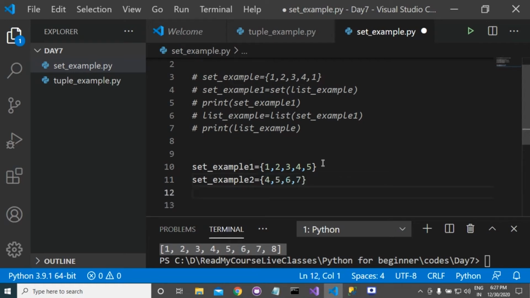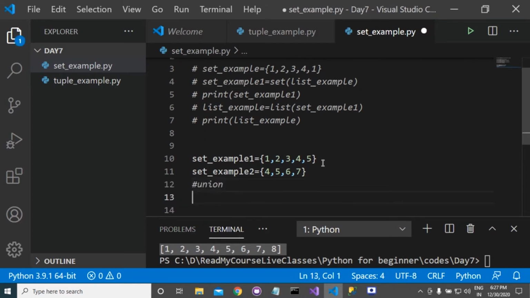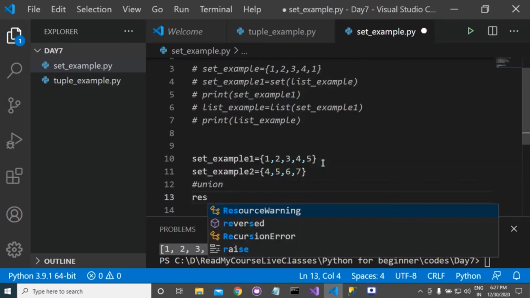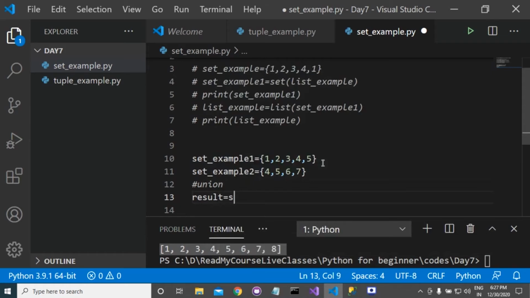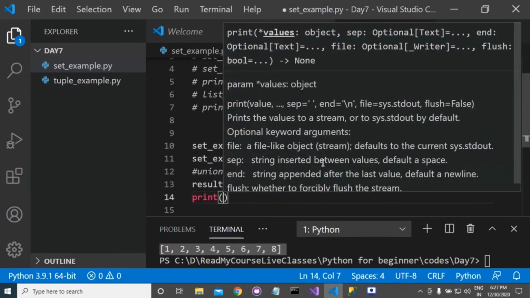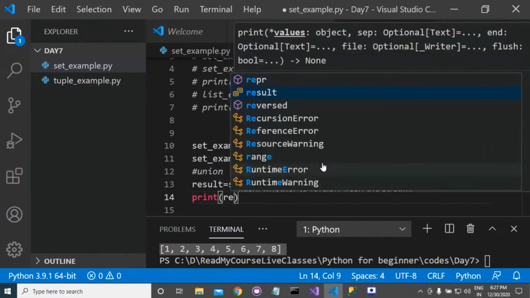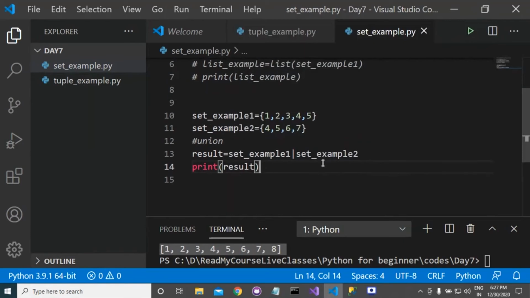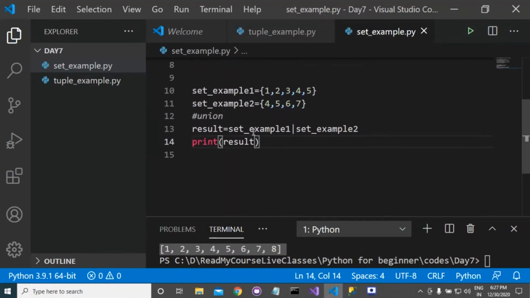If you want to perform union, then you can write here result is equal to set 1, then union operator, then set 2. If you print the result, it will give you the union between these two sets.